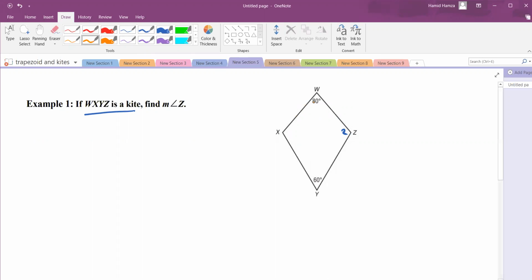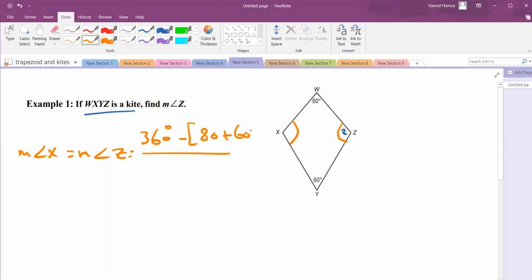If you look carefully, it is not W and Y, because W is 80 degrees and Y is 60 degrees. So this means angle Z and angle X are congruent. They have the same measure. So how to find the measure of each one of them? Measure of angle X equals measure of angle Z equals 360 degrees minus